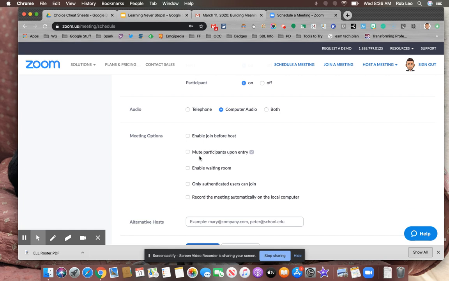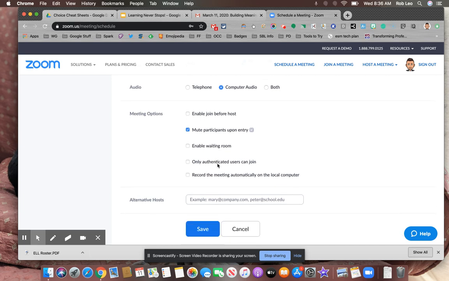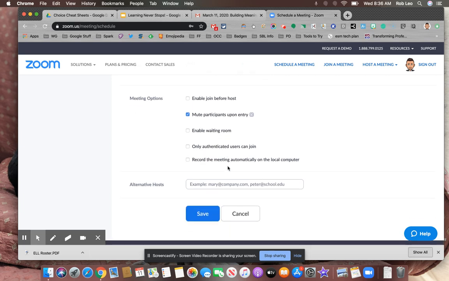Do I want to mute my participants upon entry? I like to turn this one on because that way we won't hear the participants speaking when they first join, but they can also unmute themselves. Not exactly sure what the waiting room is. Don't worry about authenticated users joining. Do I want to record the meeting automatically? In other words, do I want to screencast this? Do I want to keep a record of it and play it at a later date? You certainly can. And I don't have any alternative hosts. Now I'm going to save this,